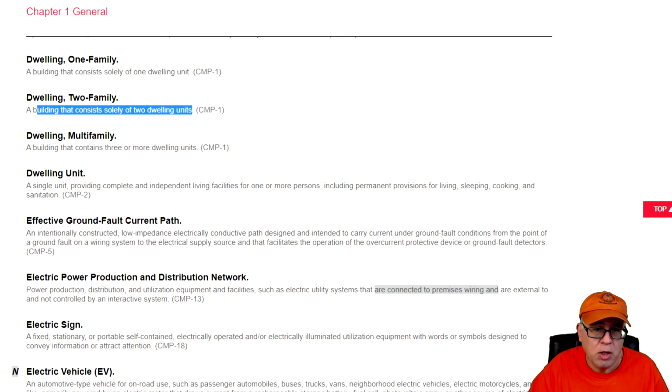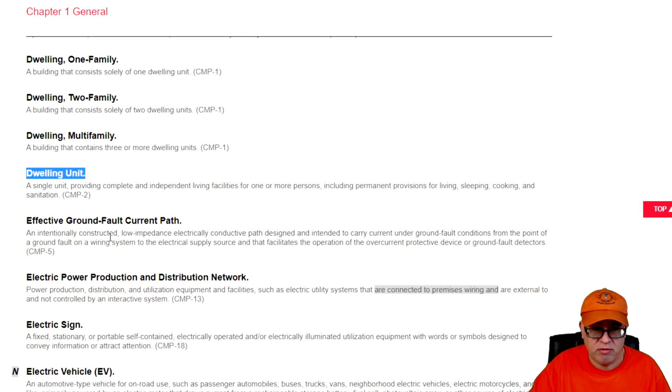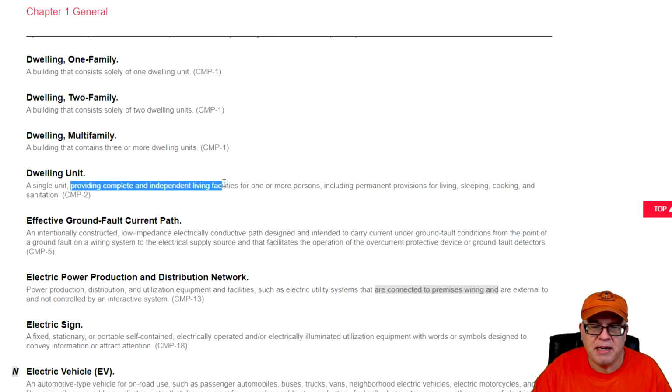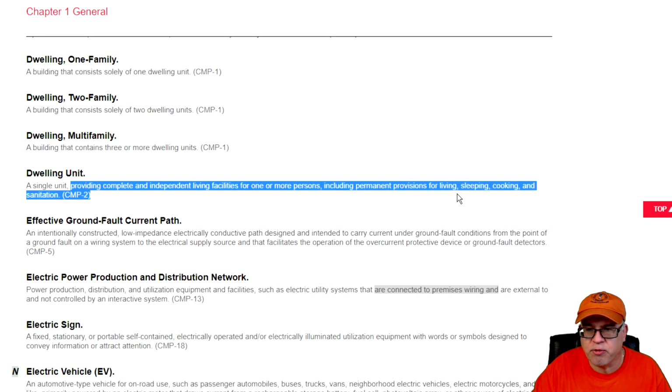Really important. Now, with that said, we also need to understand what a dwelling unit is, because we have one family dwellings, two family dwellings, multi-family dwellings, and it might reference that in the code. But you know what? You might have application where it just simply references a dwelling unit, and it might be the independent single individual dwelling unit. Okay, so it says a single unit